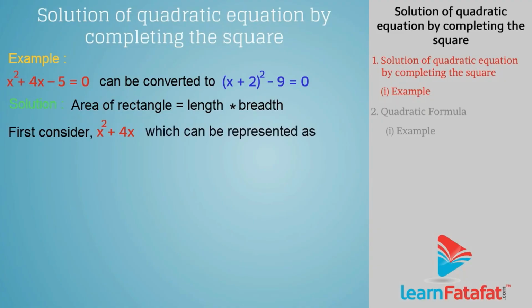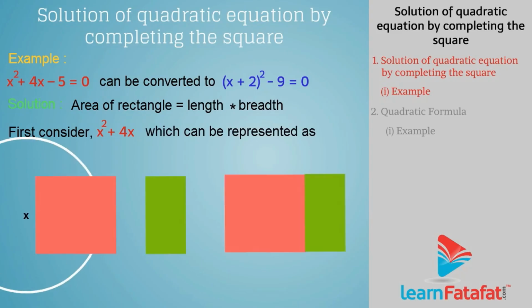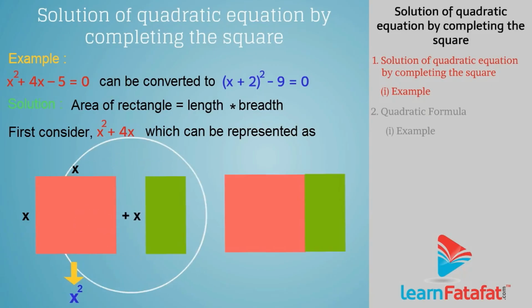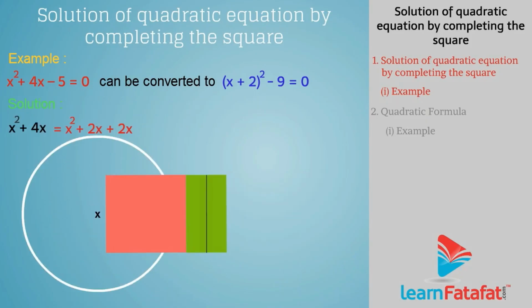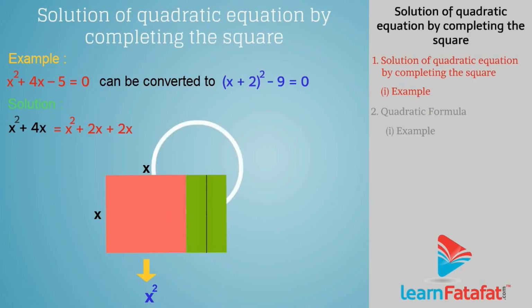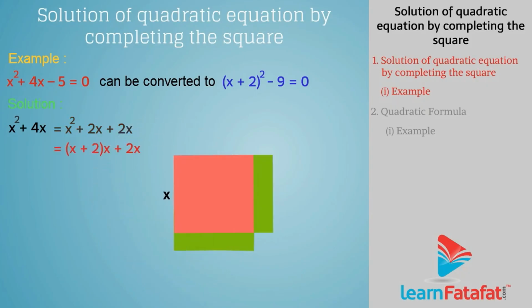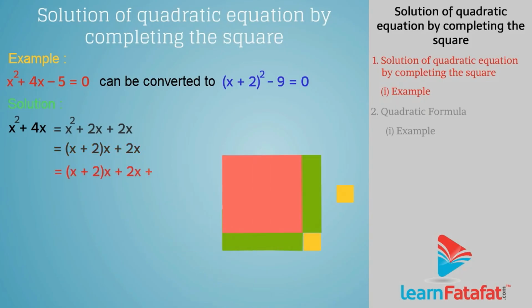First consider x square plus 4x, which can be represented as x square plus 2x plus 2x, which is equal to x plus 2 into x plus 2x, and which can be written as x plus 2 into x plus 2x plus 2 square minus 2 square, and which